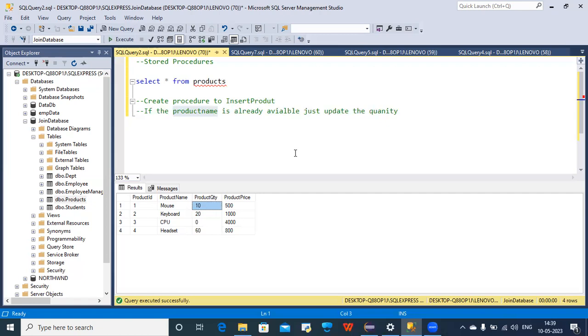So in order to insert the product you need 4 parameters. That means you have to create a procedure with 4 input parameters and insert,